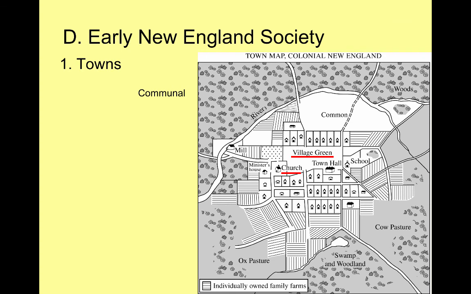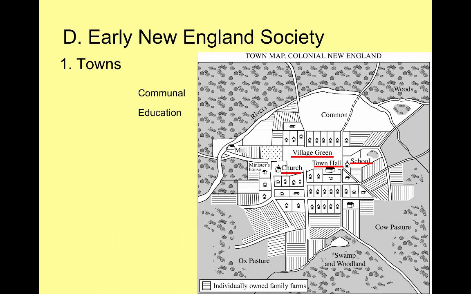Next, around the village green, of course, the first public building that will be built will be the church, because this is a religious community, and so everybody several times a week comes together at the church to pray together. Next, either in the same building or later on they might build an additional building, we have the town hall. And this is what New England is famous for, their town halls. They have democracy. Every white male who owns property and who is a church member gets to vote. And so the community comes together and they vote together. So if I can stress this, I can't stress this enough, the New England societies are a community while the South is all spread out and hierarchical.